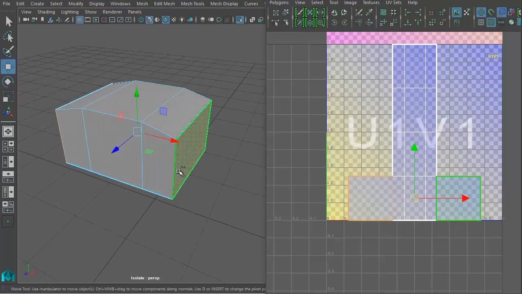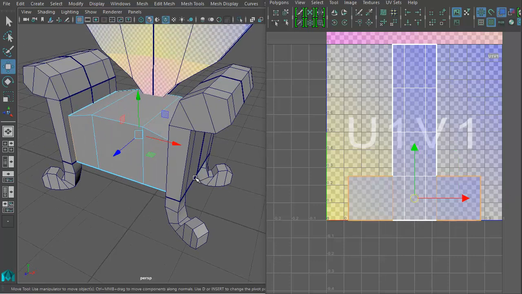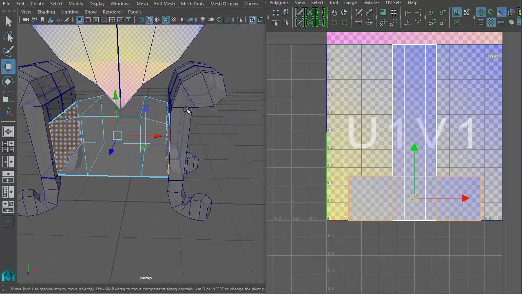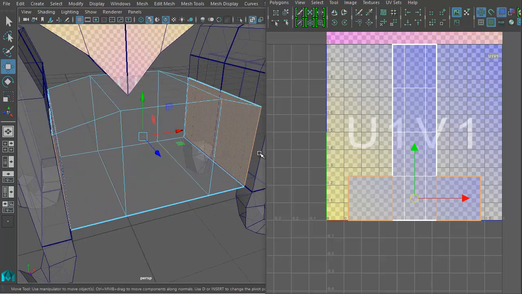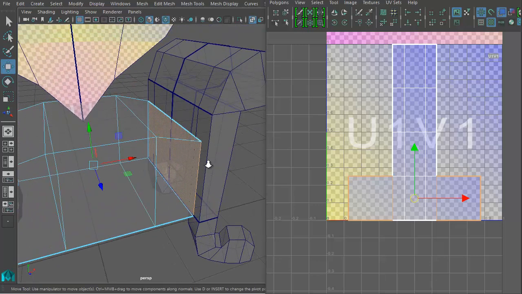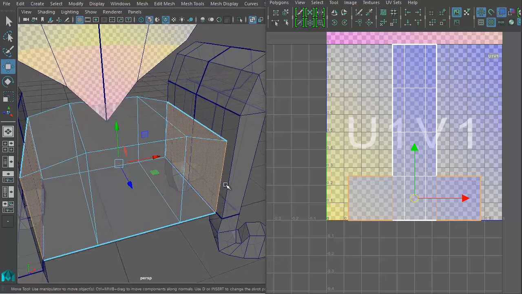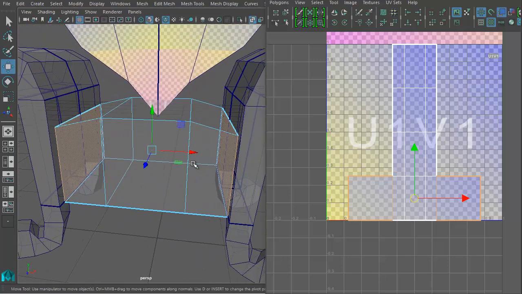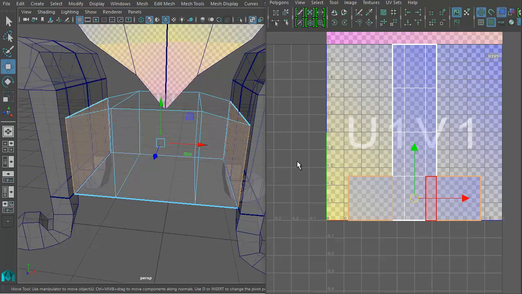And watch this. Let me turn off my isolate select. Where are those faces? Those faces are buried inside other pieces of model, right? So those faces don't need to exist. And now they don't need to exist. And for one thing, deleting them will help the poly count, right? It's only 2 faces, so it's not helping the poly count a lot. But more importantly, this is something to be very conscious of. Deleting these faces frees up